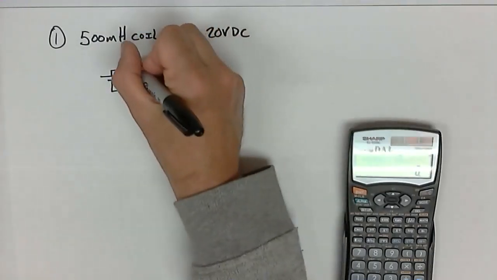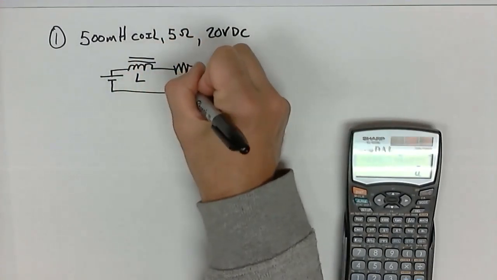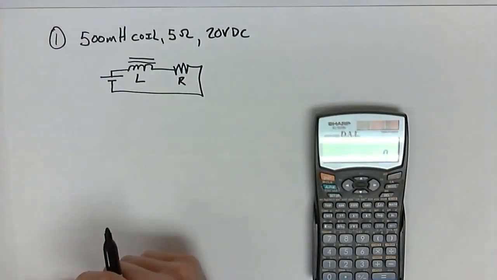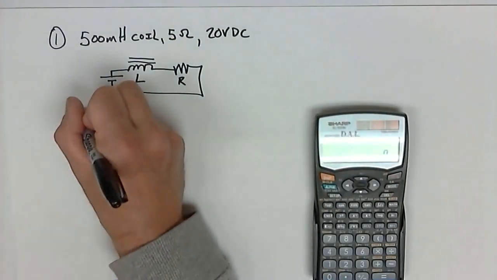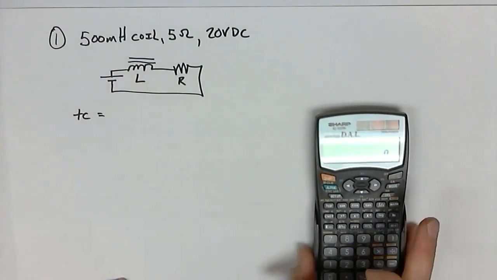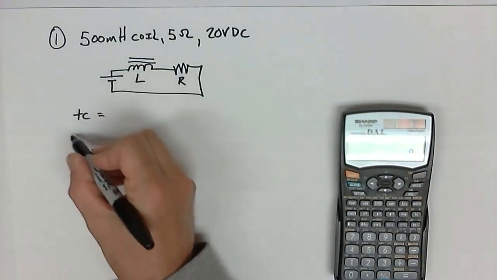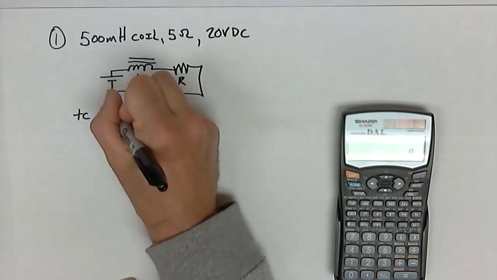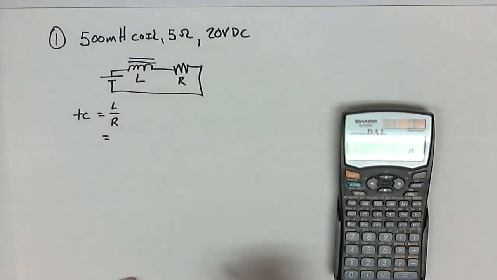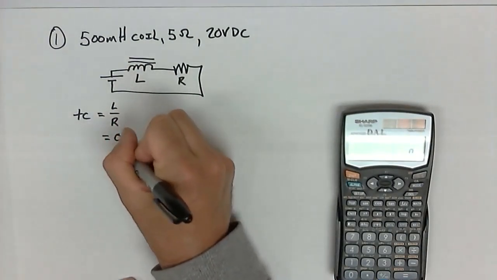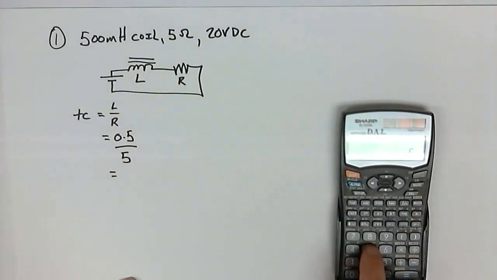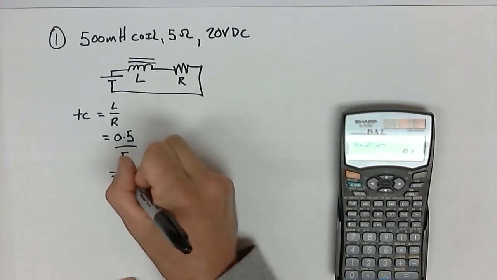Doesn't really matter the polarity at this point. There's my inductor, there's my resistor. Let's calculate a few of the variables or the outcomes of this circuit. First, time constant. What is the time constant of one slot of time going to be for this particular circuit? It's L over R. L over R would be 0.5 divided by 5. When we take our calculator, 0.5 divided by 5, we get 0.1